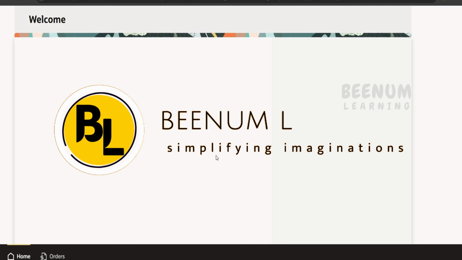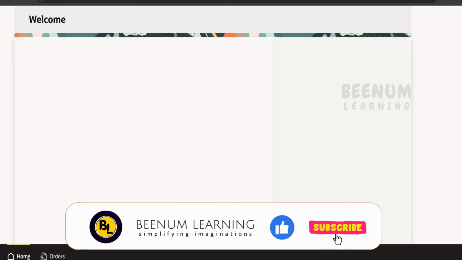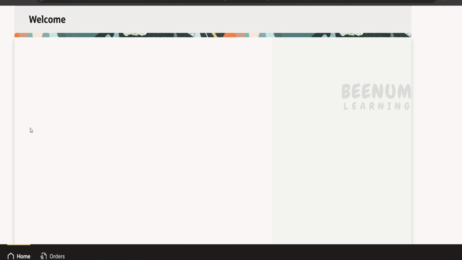In this class, we are going to learn how to add an in-app navigation component. That is the menu kind of component. If you see at the bottom, there is home. If I click on order, it will change to the order page. If I click on home, it will change to the home page. So we'll learn how we can add such kind of navigation, which is also called in-app Redwood navigation in